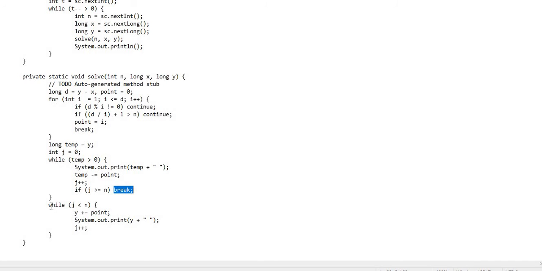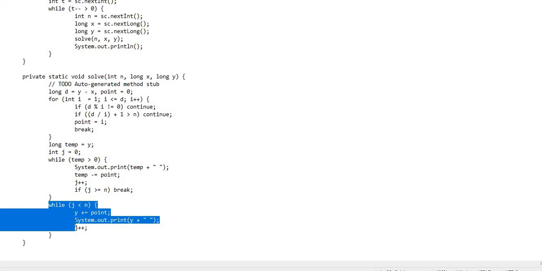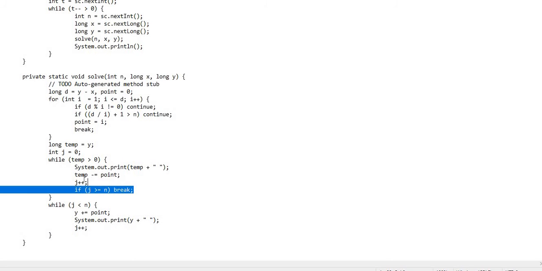Now for some of the cases, there might be a case where we fill up the first side, or the left side, of the array, and temp gets 0, but the j value is still lesser than the n value. Then we can say the array is yet to be filled up, so we have to fill up the right side.